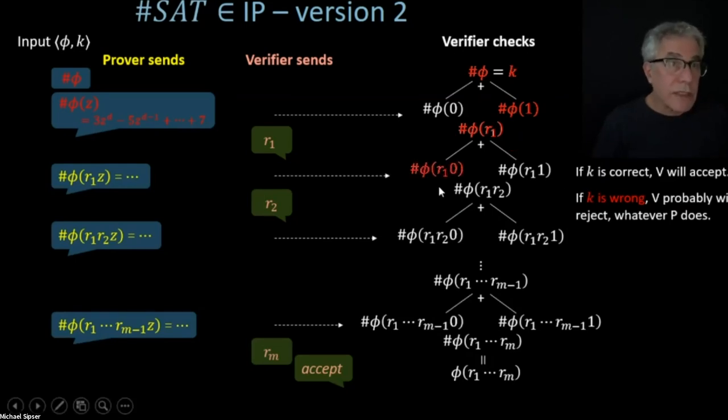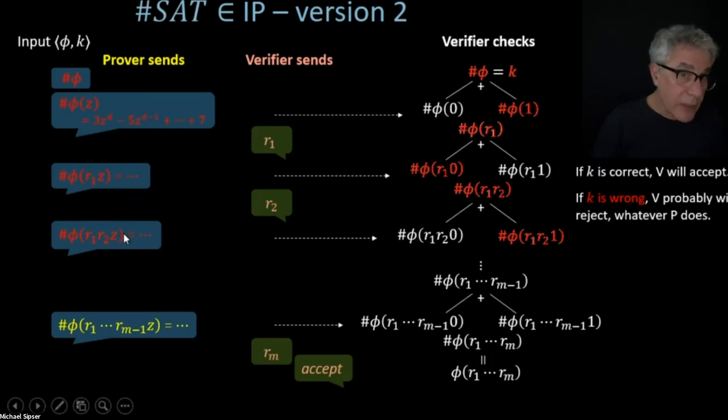So just tracing this down, if this was a lie, then one of those two has to be a lie. So therefore, the next polynomial has to be a lie. And so we continue. So then the next value is almost certainly going to be a lie, not guaranteed. And so then one of those two values has to be a lie. At least one has to be a lie. Therefore, the polynomial has to be a lie, and so on, until